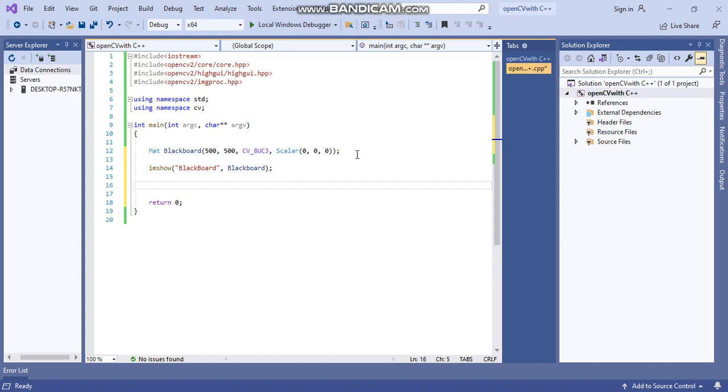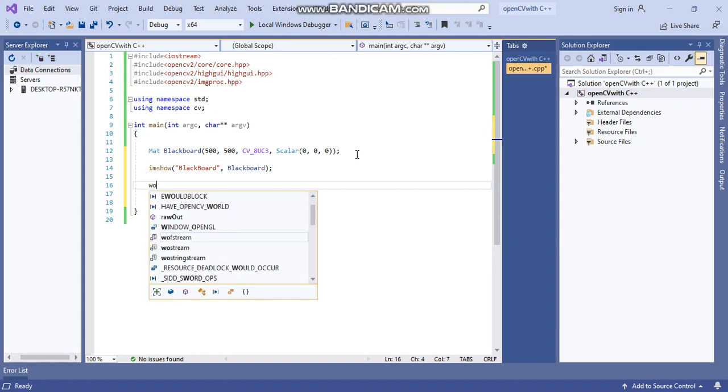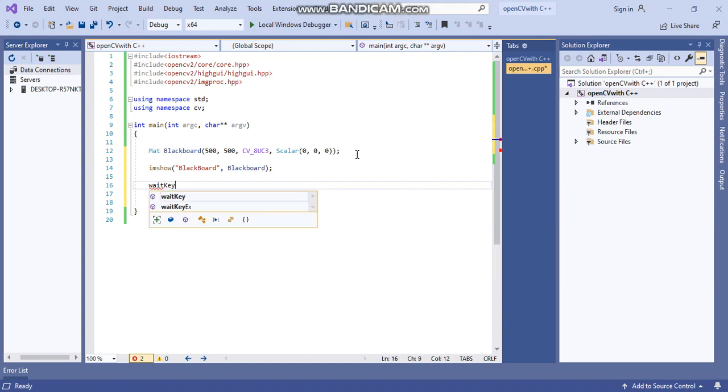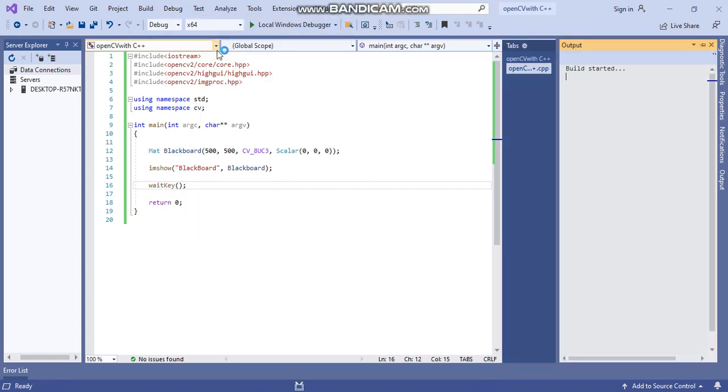Now the image will come and go, so it should stay on the console. For that we need to write waitKey so we can observe it. Now save this and your blackboard is ready.